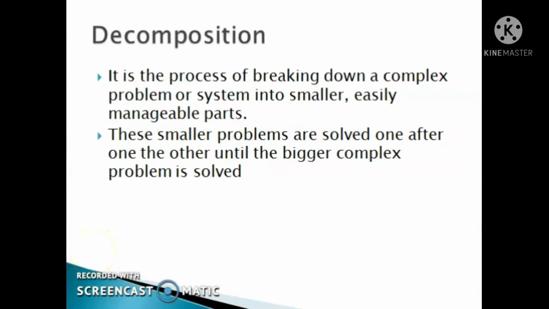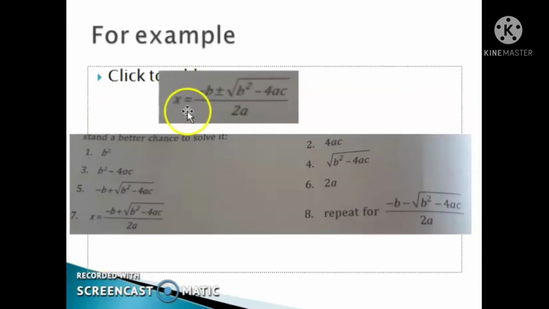For example, suppose this is the problem: x = (-b ± √(b² - 4ac)) / 2a. Here, at first look, this equation might appear a little scary, but if we decompose it, we will stand a better chance to solve it. We can decompose like this: b²,